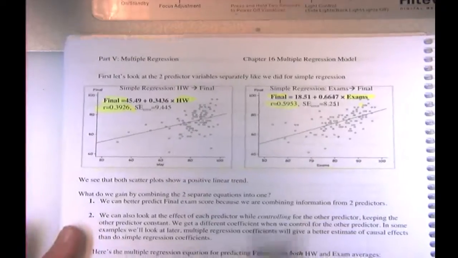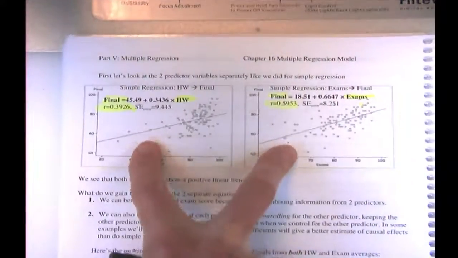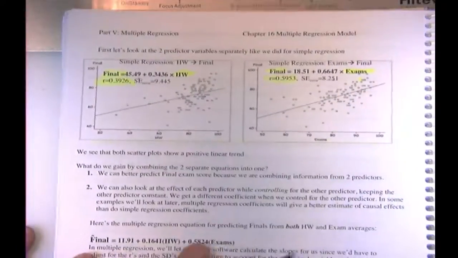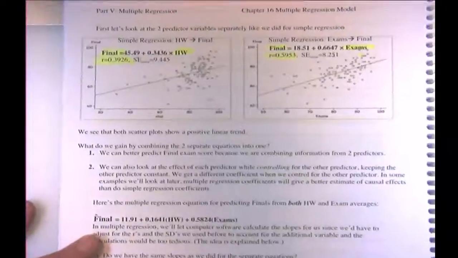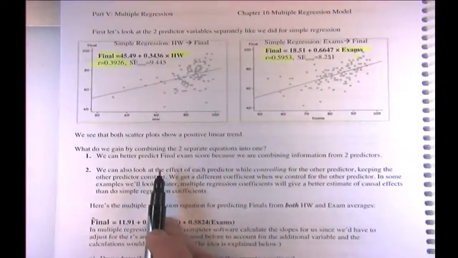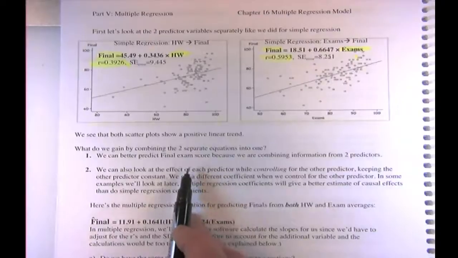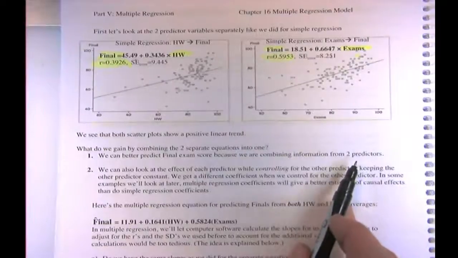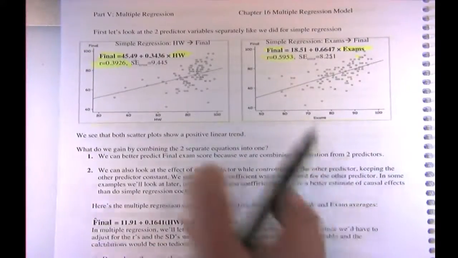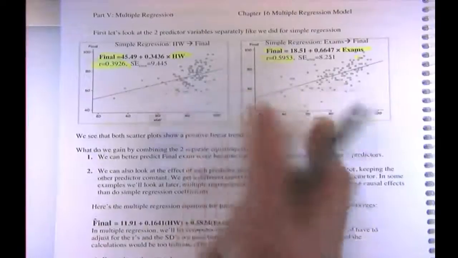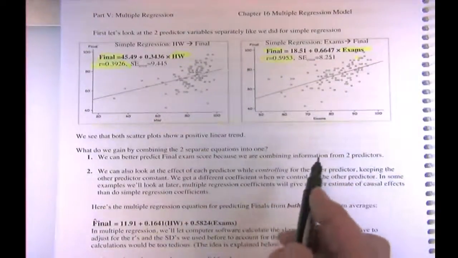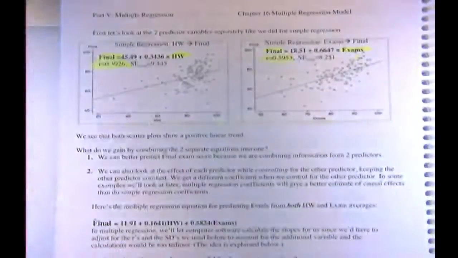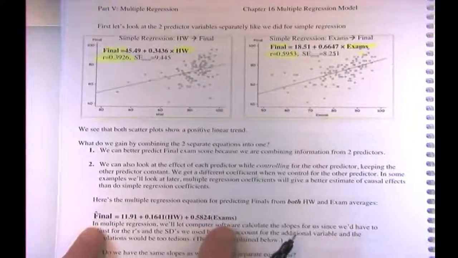All right. So now, what's the point of combining these two into a multiple regression equation, which is what we did right down here? Why would we want to do that? Well, obviously, we can predict final exam scores better if we're combining information from two predictors, right? But why not just use them separately? And one reason is that when we combine these two predictors into a single multiple regression equation of this form here,